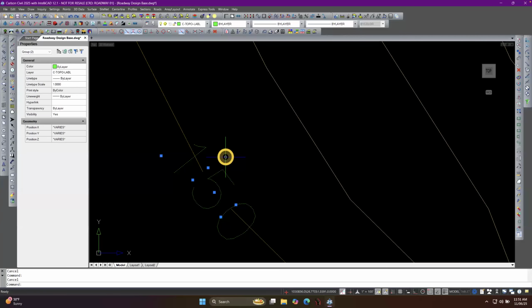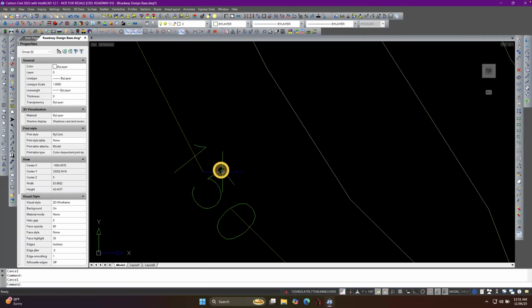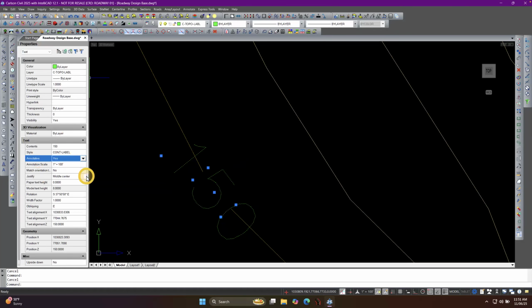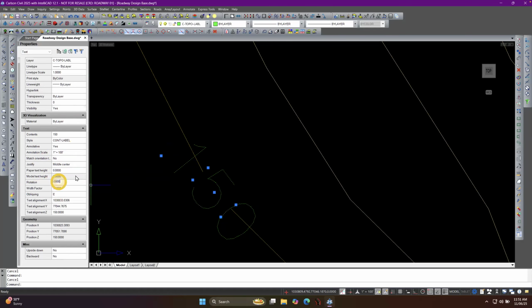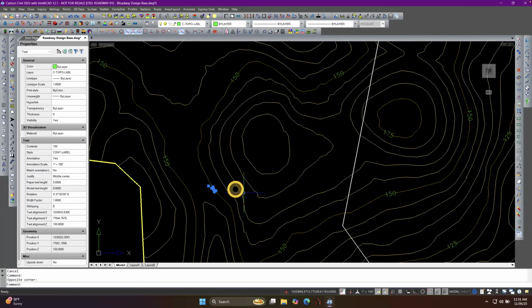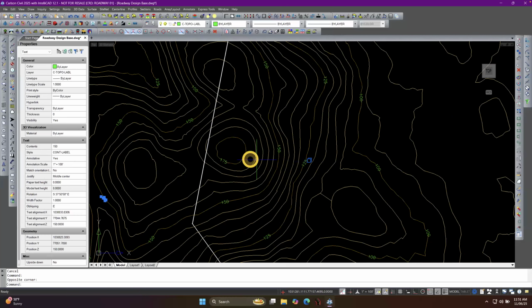The wipeout, which is behind it, making that little blank area in the line, did not rescale, only the text. And that's because when I select that group, pull this down, choose the text, it says that it is annotative. Yes, at this scale, then what's the paper height it needs to be? So that would be 0.08 inches. So there's that plot size scalar that we talked about in our defaults. And that would be the size that it needs to be at 100 scale to be 0.08